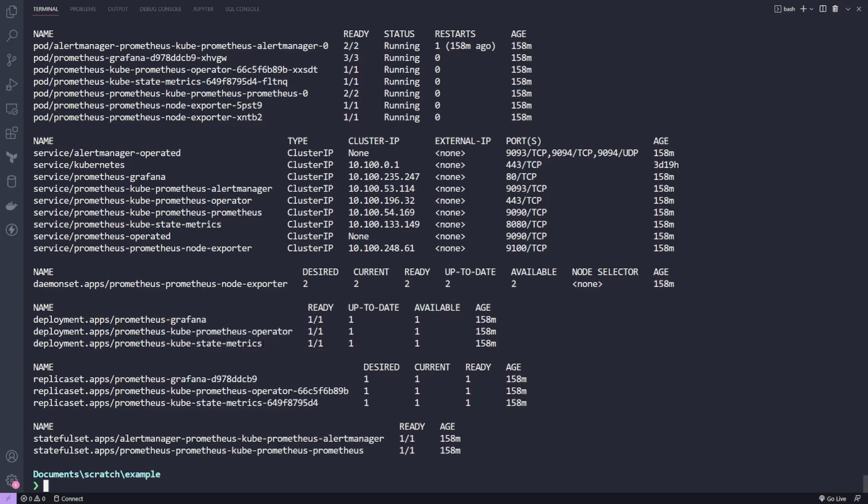And then you have kube state metrics. As I mentioned, when it comes to Kubernetes object metrics, so things like metrics about deployments, services, pods, all of those specific metrics, like I said, you need to have a container running to actually get that data and then expose it. That's what this specific deployment is for. And then replica sets, that's just a subset of a deployment. So you have one for the Grafana server, one for the Prometheus operator, and then one for the kube state